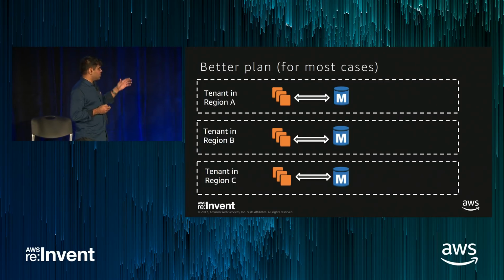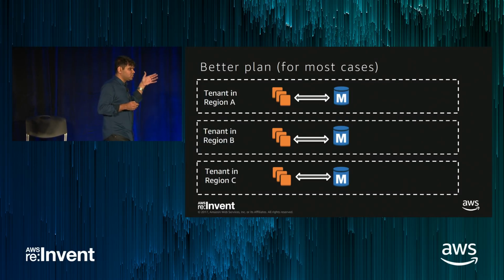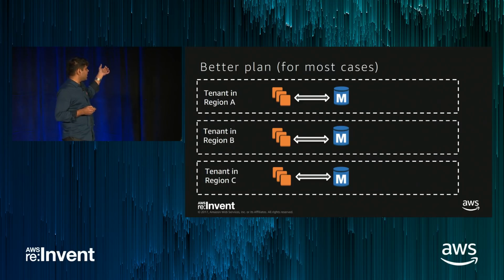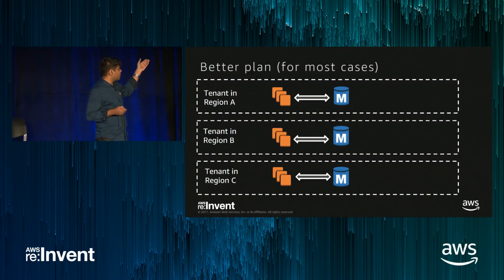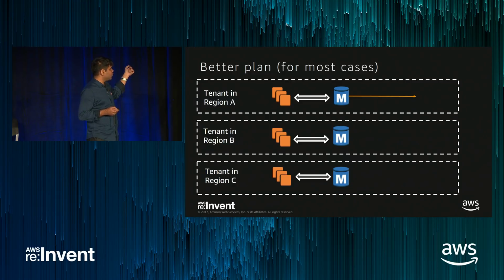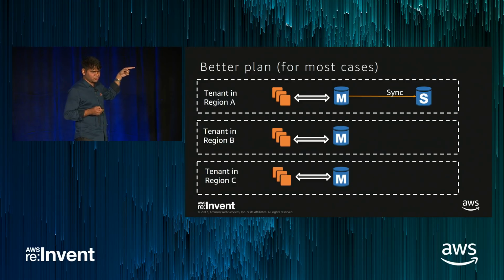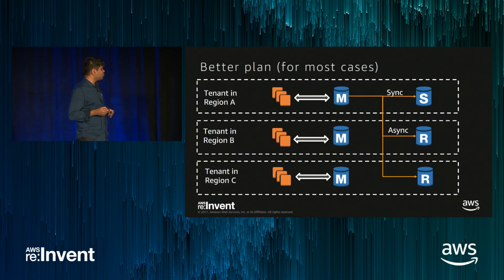In such cases, you can choose another design if you can't tolerate those situations. So what you do is, as Darian discussed, you have different tenants in different regions, right? We have got regions A, B, and C, and they have got different tenants being served from there. Each tenant has its own master to which it is writing locally. And each master, for reliability reasons, is going to have a standby, which is synchronously replicated so that not a single transaction is lost. And it also is going to have read replicas to which it is going to copy data asynchronously so that you have options ready should region A become unusable for whatever reason.